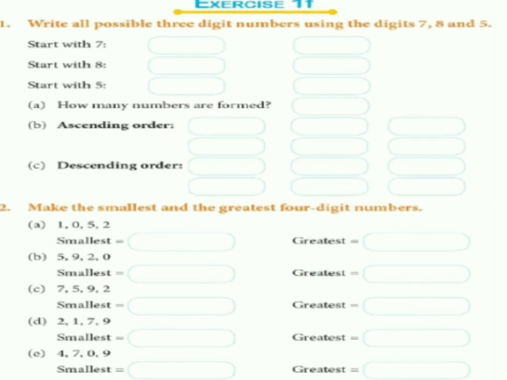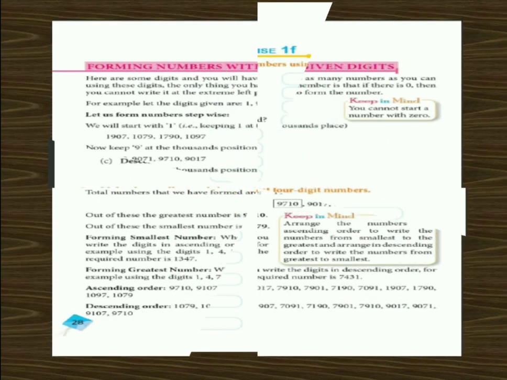As you can see here, write all the possible 3-digit numbers using 7, 8 and 5. So you will put here all the numbers, like first one, you can write here 785, and second here you can write 578, and 857. And in the first one we have to write the numbers which will only start with 7, so you can write here 785 and